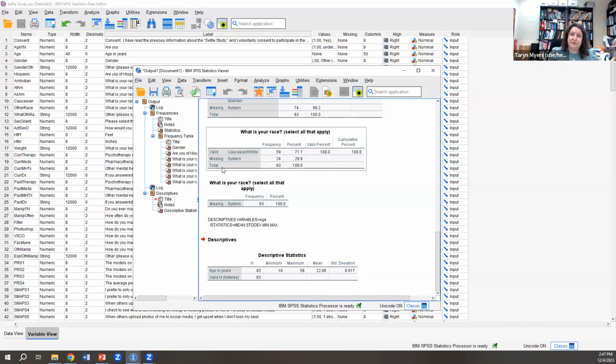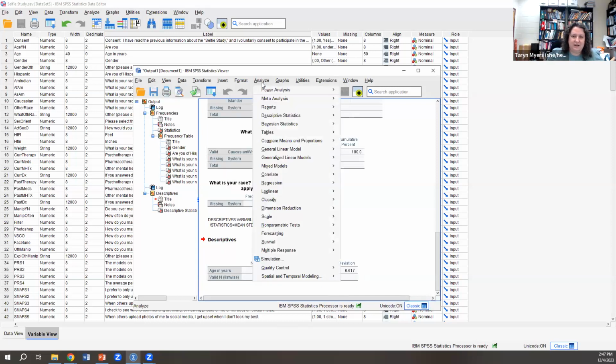Then you want to answer the questions we're asking, right? We want to answer questions about what is the reliability of this and what is the validity of this new scale. So for this one, let's say we use that social media scale as our new scale. I didn't develop it, but let's pretend that this is the one that we developed. Okay? So then what we'd want to start with is reliability. So if you go analyze, scale, reliability analysis,